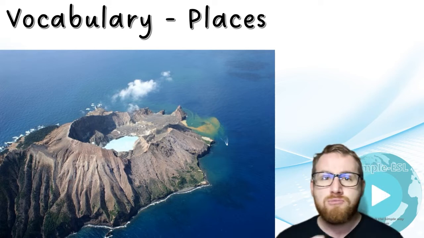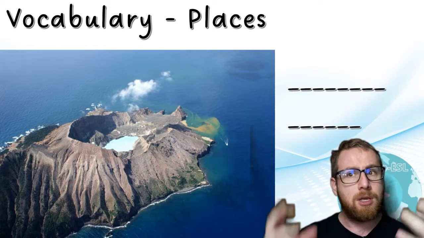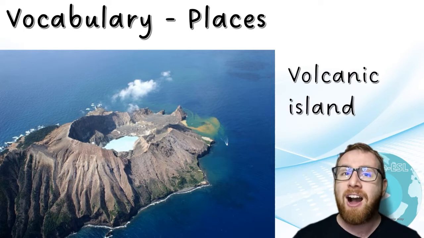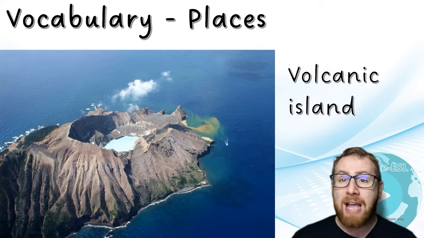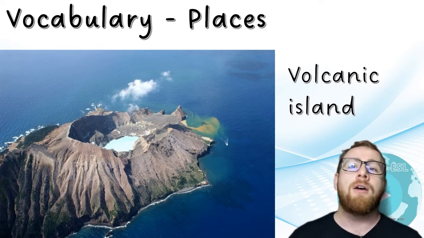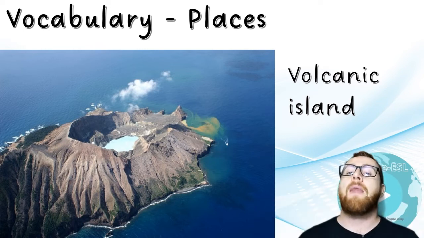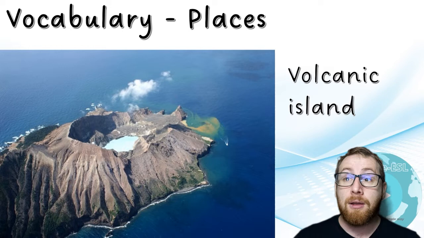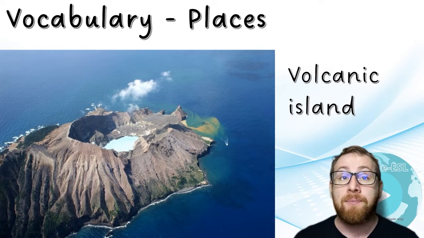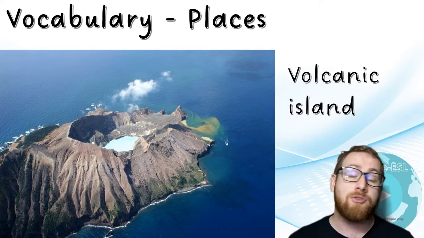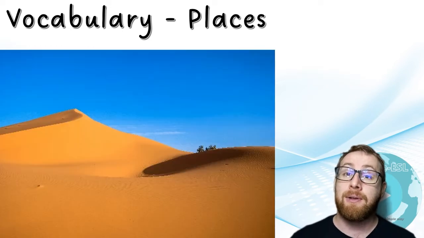Now what if the mountain explodes? What would we call this? So we have an example here of a volcanic island. What's difficult about living on a volcanic island? Well, there could be beautiful wildlife, lots of animals, lots of food, drink. It could be beautiful. And then all of a sudden, it explodes. Volcano. Lava coming down the mountain. So what would be difficult about living on a volcanic island? Maybe you would need a mode of transport to escape the volcano, perhaps a boat.